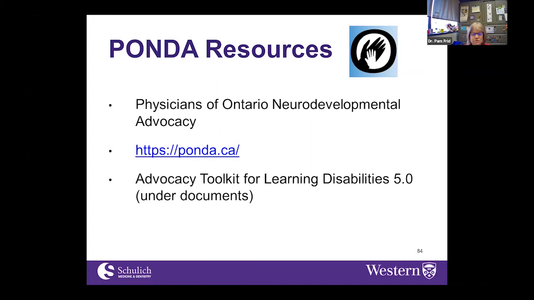And Dr. Nikki Jones Stockley, who's a developmental pediatrician in Simcoe, York, has developed an advocacy toolkit for learning disabilities. You can find it under the Documents tab on the website.